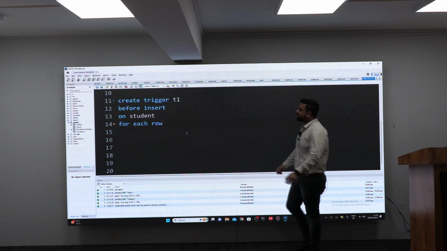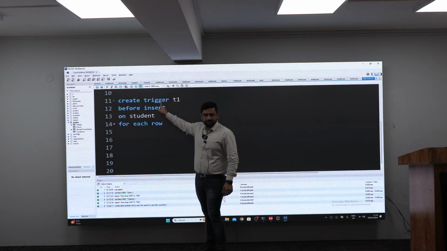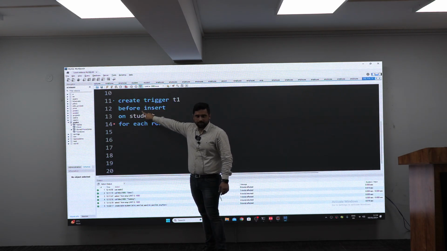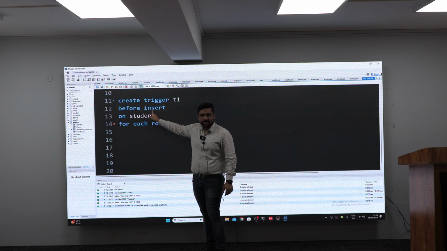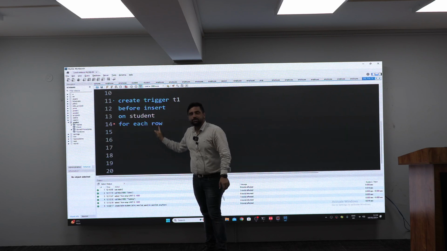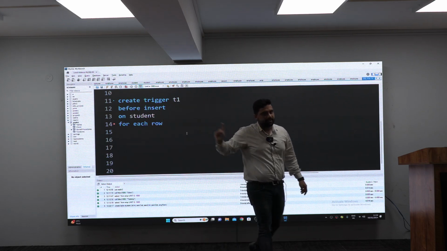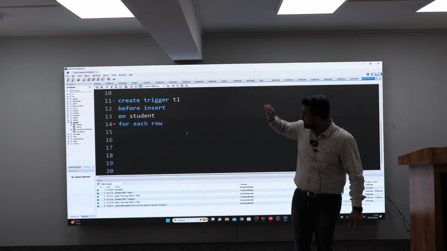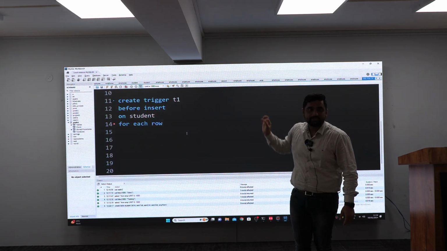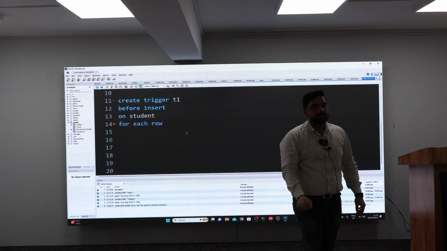Now what we have done till now? Create trigger, trigger name, before, event, insert means action. On which table? Student table. For each row, that also you have to give here. Understood? Now after this syntax you have to use your query, means